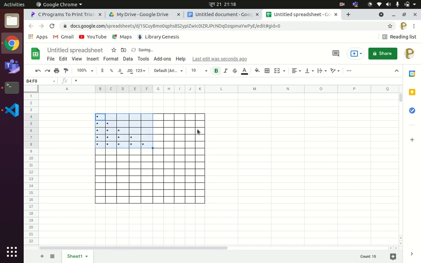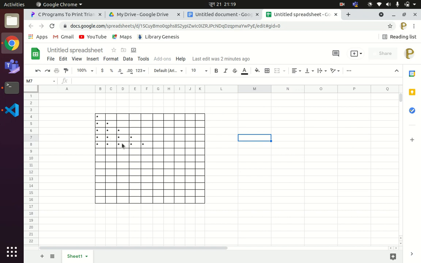Now the stars are visible. I plotted it in a grid because it is much easier for you to understand what is going on in the background, and to understand the logic. For any type of pattern printing, as I have discussed in other tutorials, you have to find out how many rows you need to print. So in this pattern, how many rows do I have? 1, 2, 3, 4, 5.